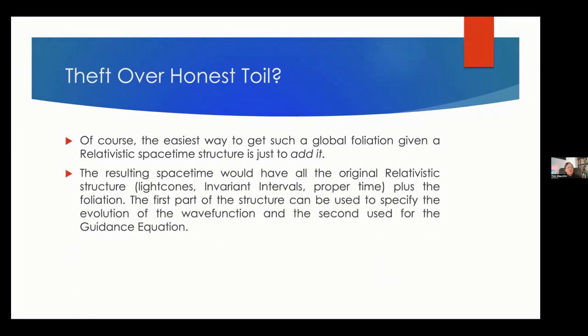Now, I personally have always been a little puzzled by this, because it seems to me that to say that something's cheap is, as far as its cost goes, a good thing, right? It's better if things are cheap than expensive, assuming they work perfectly well. What would happen in the case I just gave you is you can start with a relativistic space-time that has a light cone structure and all the normal structure of relativity, and then add to it a foliation, and now you have a new structure. You're not going back to classical physics, you're going forward to yet a new structure.